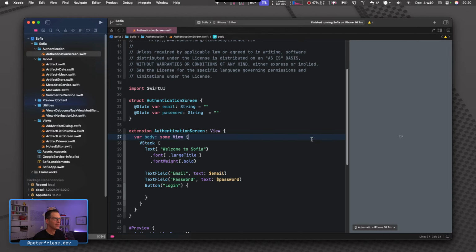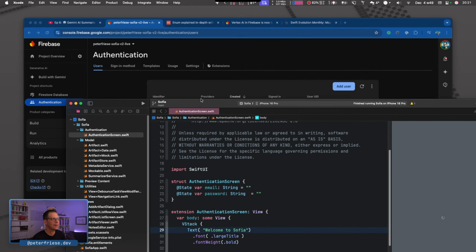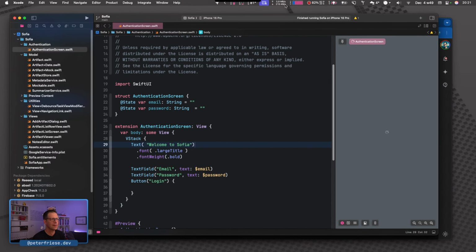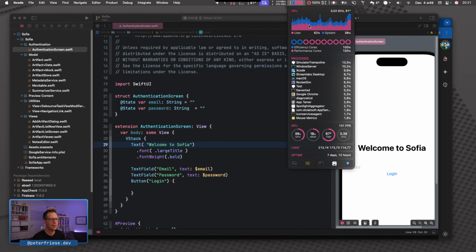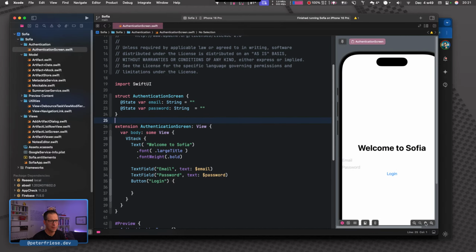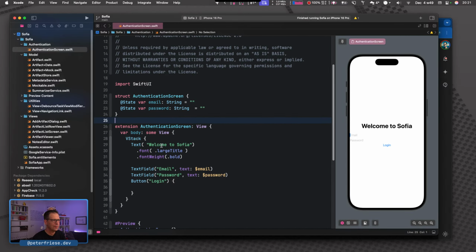No idea why it's so slow. If this is not going to get better, we'll have to run this manually on a simulator, which really feels wrong, because this really should run here. Oh, there we go. Okay, nice. Great.